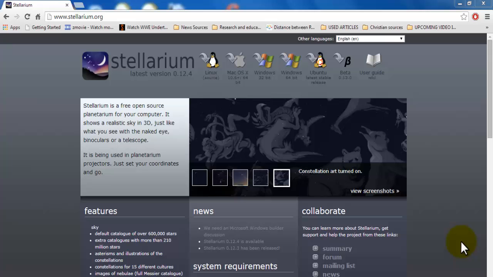For those that would like to learn how to, at least begin to learn how to study the stars and these types of things in the aspect of astronomy. I'm not talking astrology here. Okay, I just wanted to clear that up because I think it is important that we know